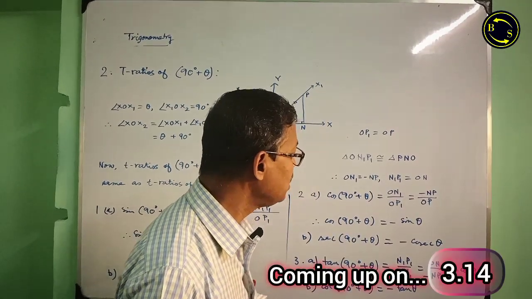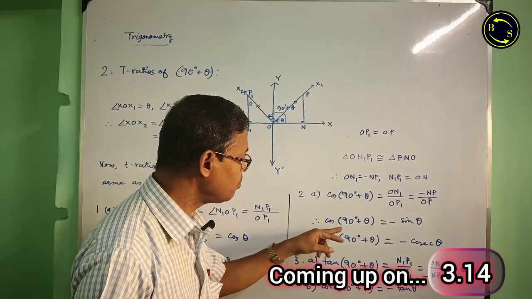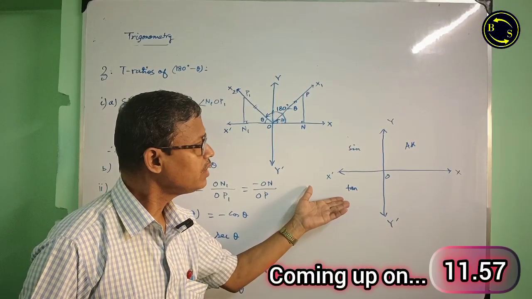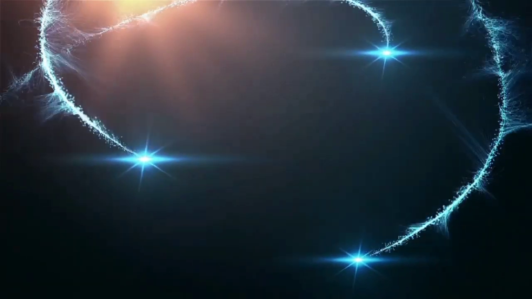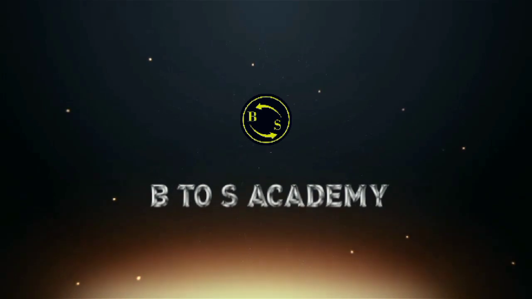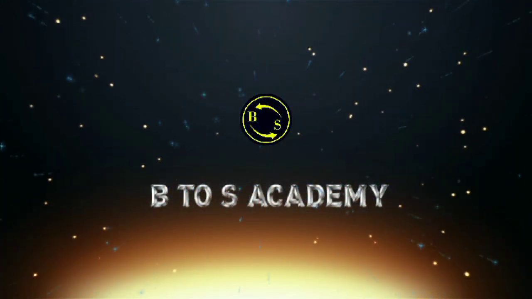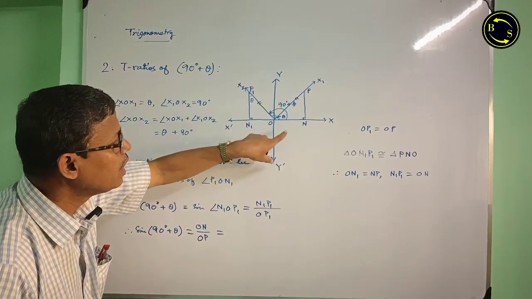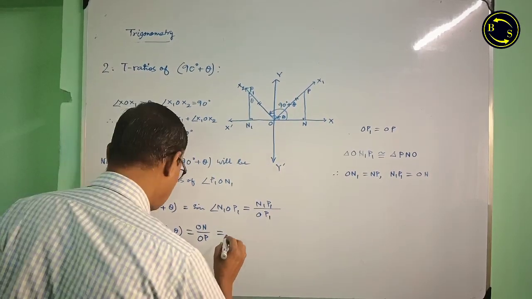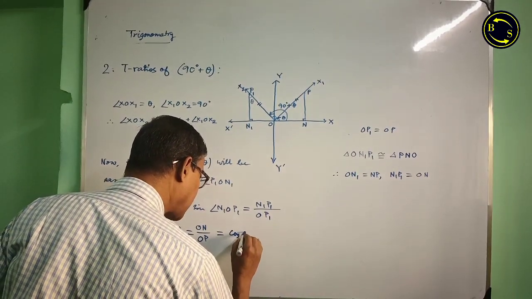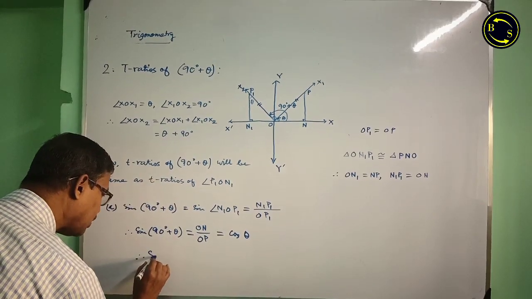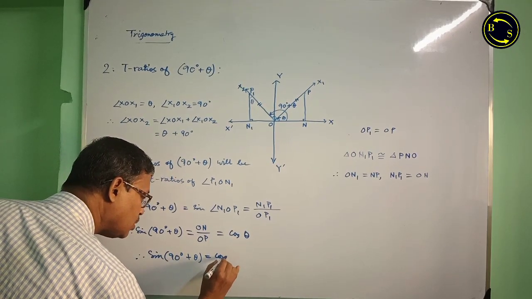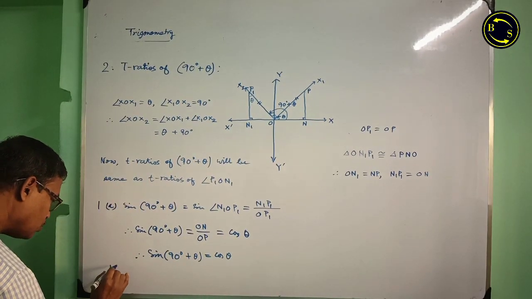will be minus NP by OP. Finally, cos of 90 degree plus theta will be equal to minus sin theta in the third quadrant. Now we see from this triangle ON by OP, that means base by hypotenuse, that will be equal to cosine theta. Finally, sine of 90 degree plus theta will be equal to cosine theta. We can show similarly